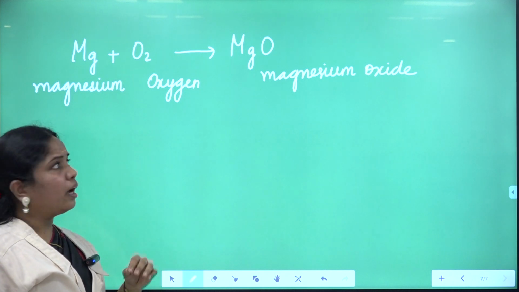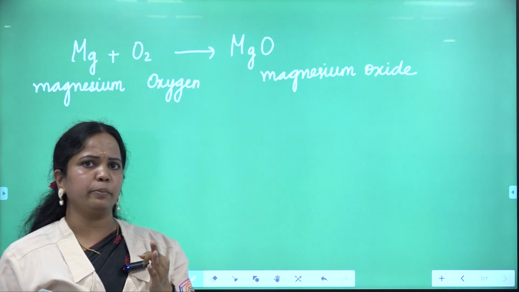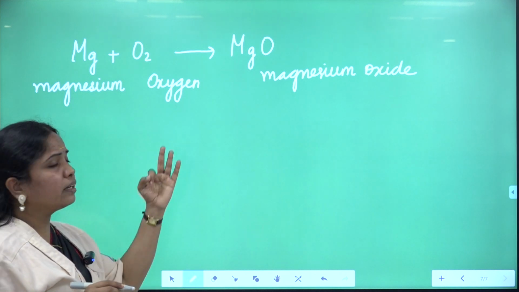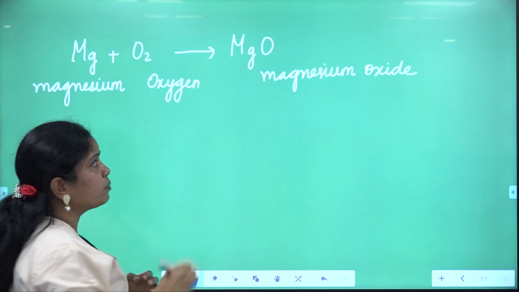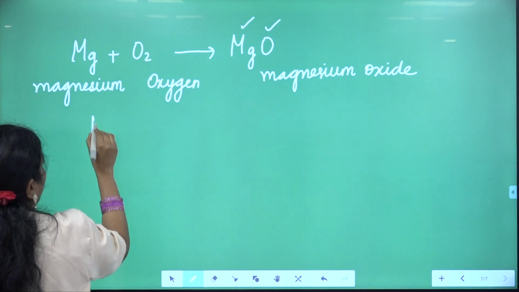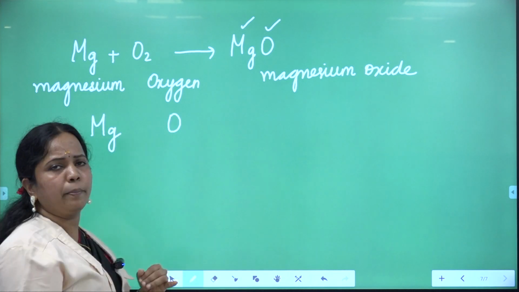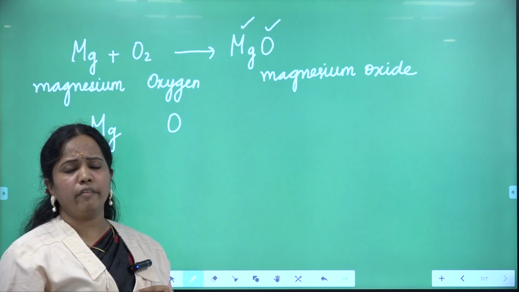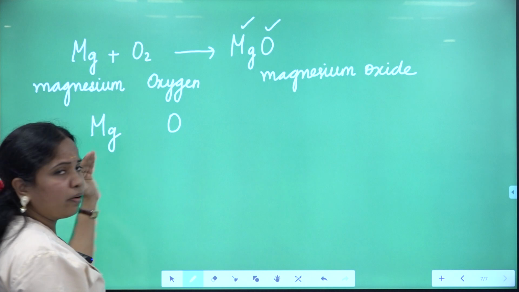I told you how to write the chemical formula, children. You have to remember 3 steps. The first step is to write the elements. What are the elements present in MgO? It is Mg and O. This is the first step. And what is the second step, children? You need to write the valency of these elements.